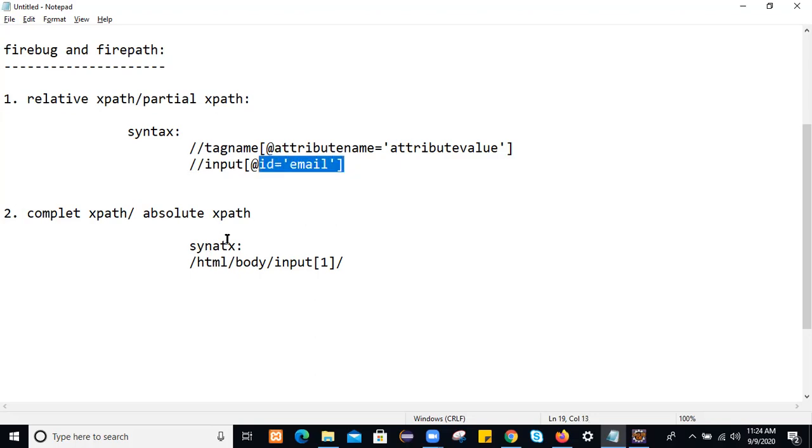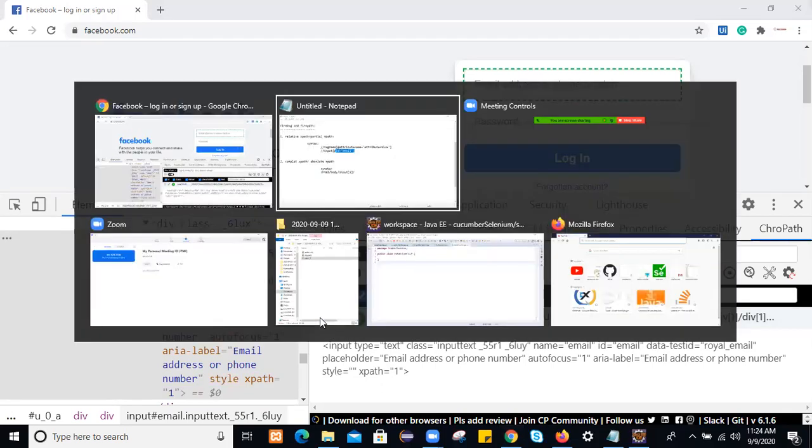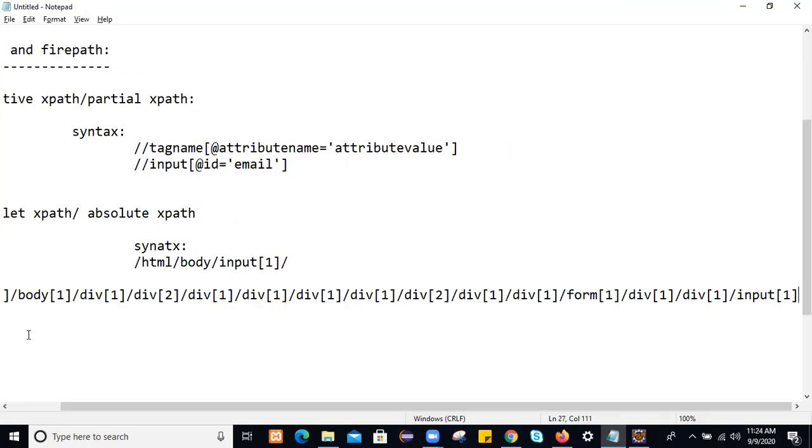Similarly, how to generate Absolute XPath? To generate Absolute XPath, just go to the page and instead of Relative XPath, just click on ABS XPath, Absolute XPath, and just copy this. For the same web element, it will generate an Absolute XPath, and the Absolute XPath looks like this, you see. So it started from